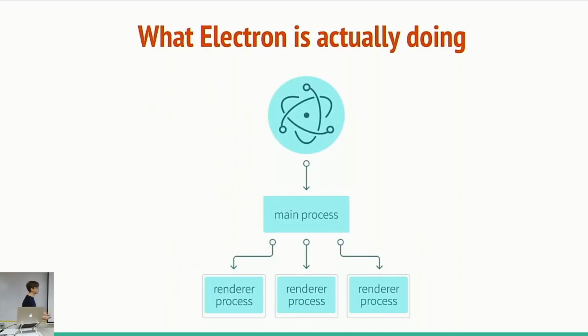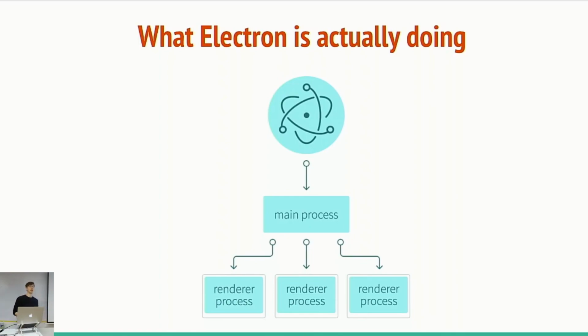So here's what it's doing. I'm going to quickly talk about how it works. You have two main processes within Electron: a main process and a rendering process. The main process is the desktop application part. This is where it's able to access all of your components, it can make windows, and it can access your file system. That's the native desktop application part, which is important for all the points I mentioned earlier. But then you have a rendering process,